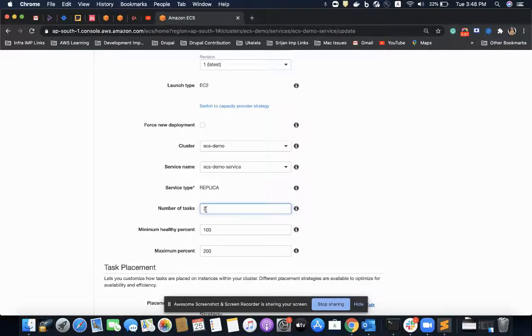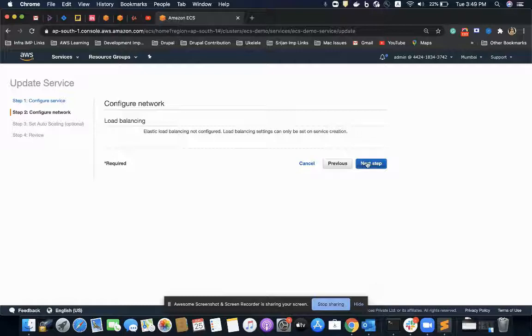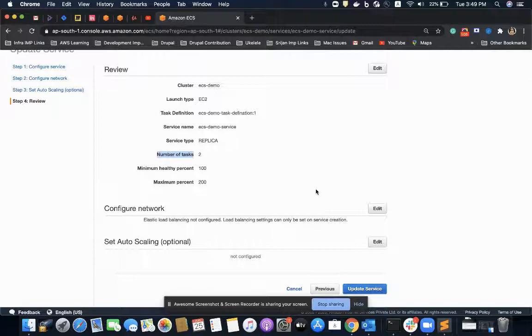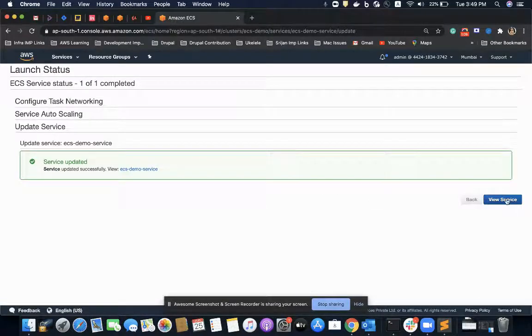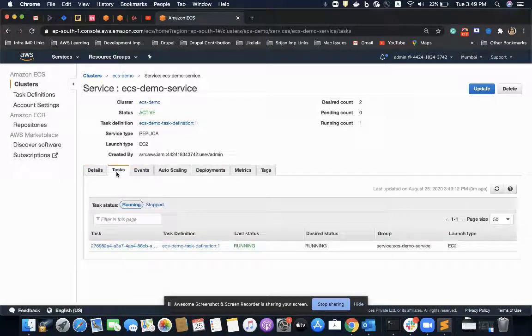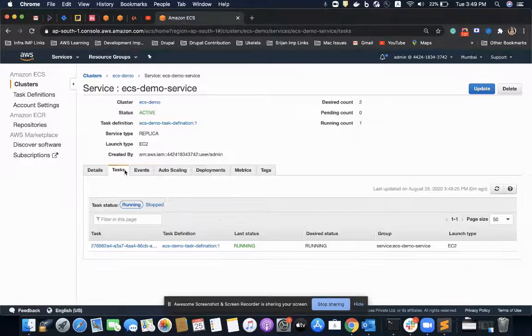Here I'll specify 2 as the number of tasks I want to run on my ECS instance. I'll click on next step and review my changes, with the number of tasks as 2. Update the service, view my service, and click on details. I'll see that only one task is running. I'll go and check my events. I should be seeing the events here, showing what is happening on my service,